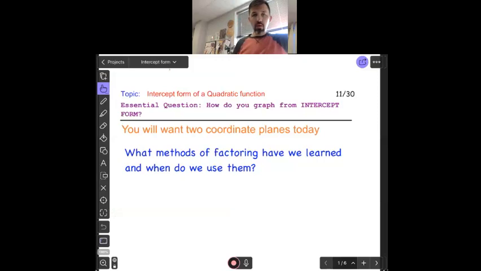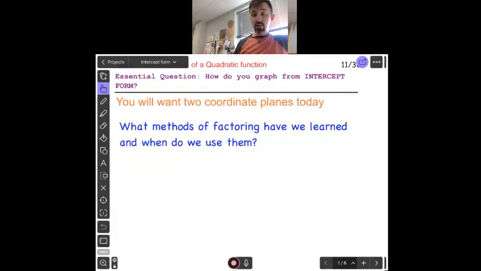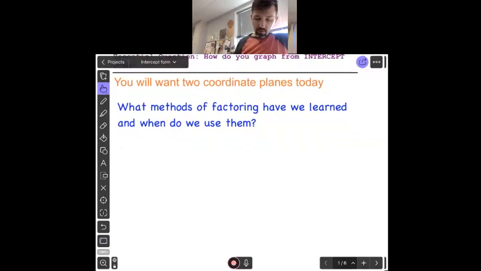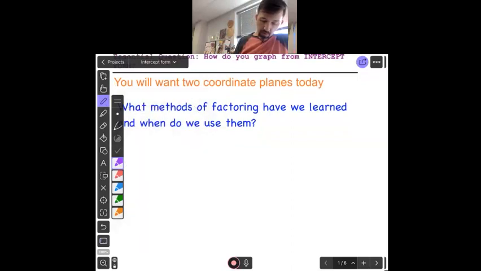Okay, so looking at factoring, one thing about just the different types that we've talked about so far, and eventually we'll give you guys a graphic organizer for the factoring and for the graphing stuff we talked about to help you guys separate those out when you get those printed and give you guys access to those. We'll get there. So the first method of factoring that we learned was the GCF, the greatest common factor, and